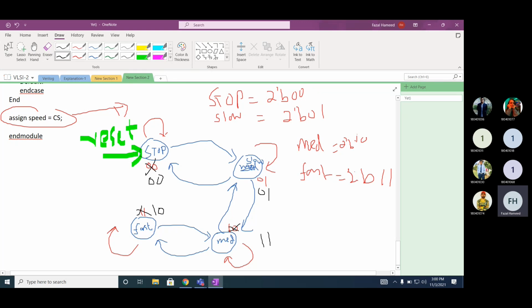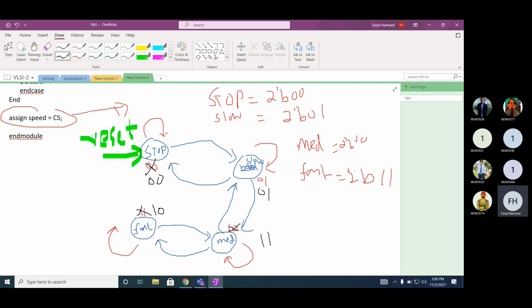This encoding is called gray encoding, in which the adjacent states have a change of 1 bit. Now if the system wants to make a transition from slow to medium or from medium to slow, how many bit changes are there? 1 bit change in the gray encoding. And in the previous encoding? 2 bits change.